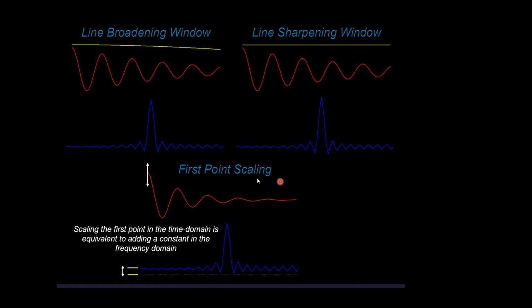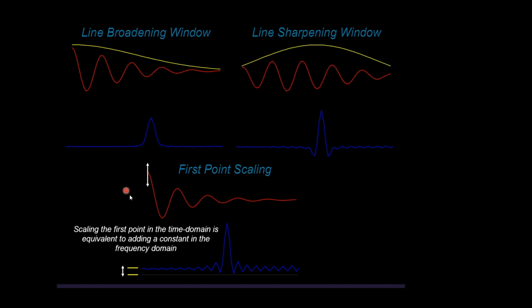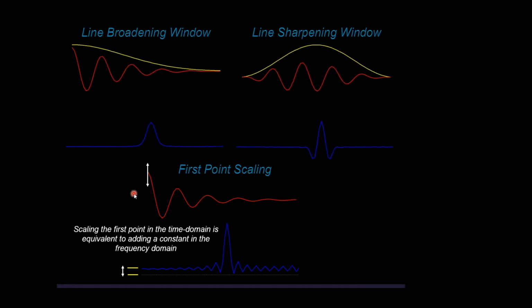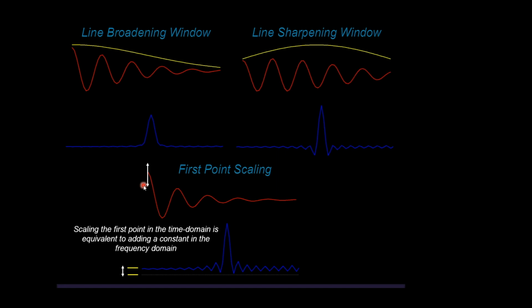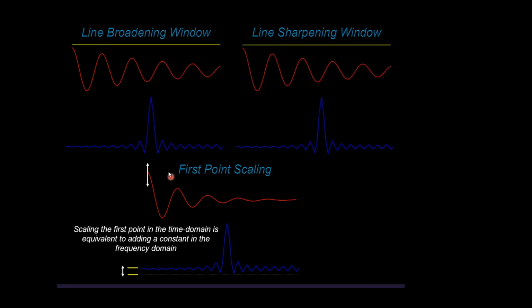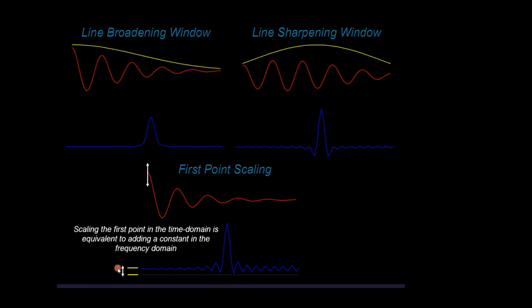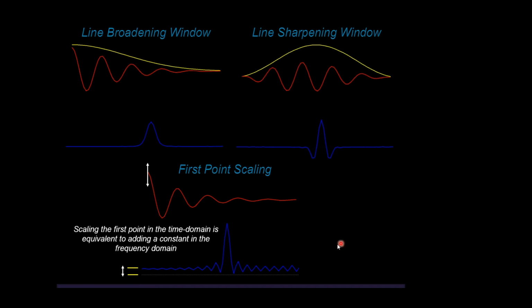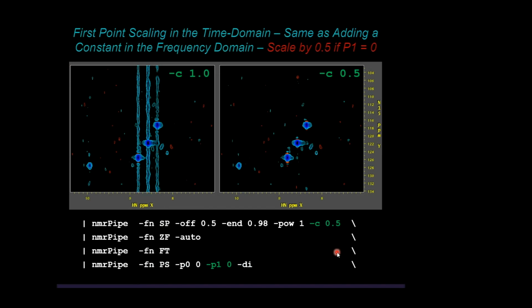And an obscure but important aspect of applying window functions and Fourier processing is that we have to scale the first point in the time domain data. And Fourier math tells us that the intensity of the first point in the time domain is the same thing as the integral of the corresponding spectrum. So adjusting the first point in the time domain has the effect of adding or subtracting a constant in the frequency domain. What this means is if the first point is not scaled properly, there will be a baseline offset in that particular dimension. So for example, in this case,